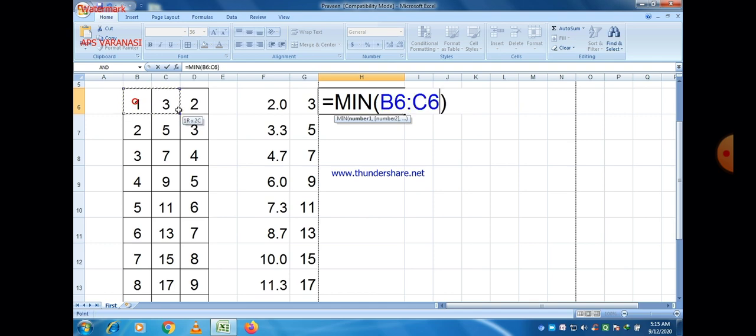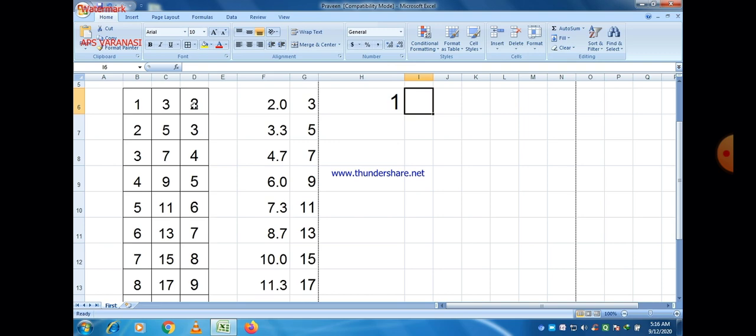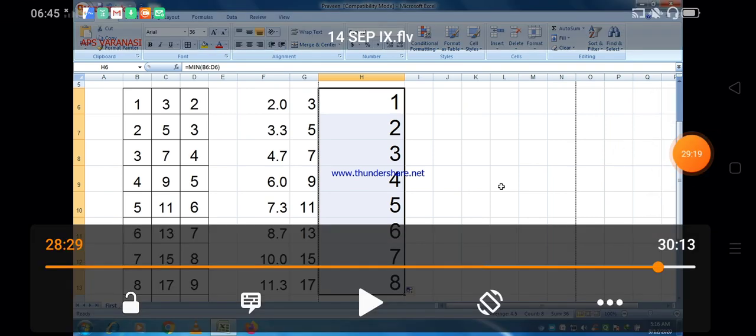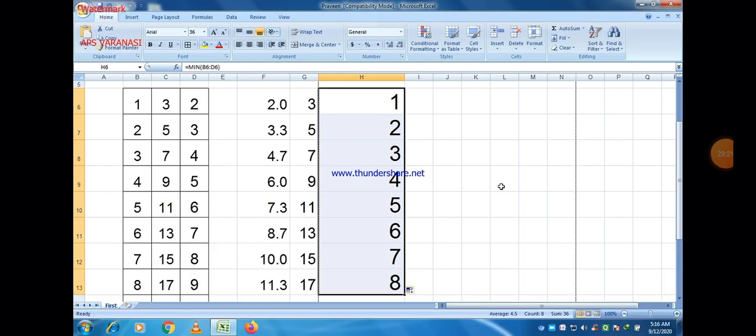Okay, and if you want to select a minimum value, then it is also possible by selecting a certain series, by selecting a certain range.